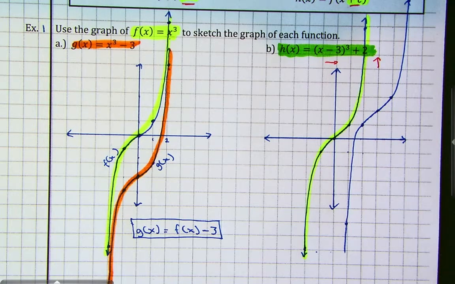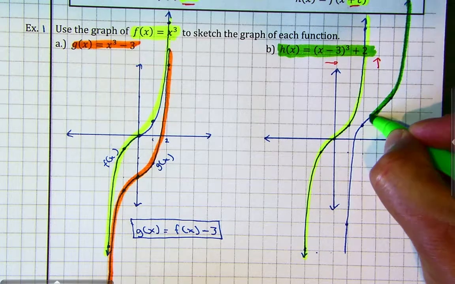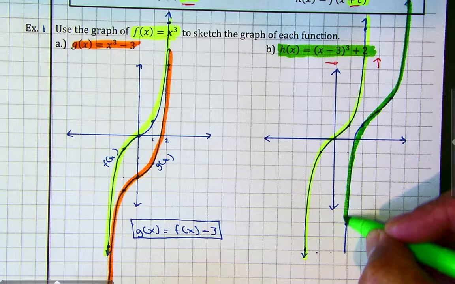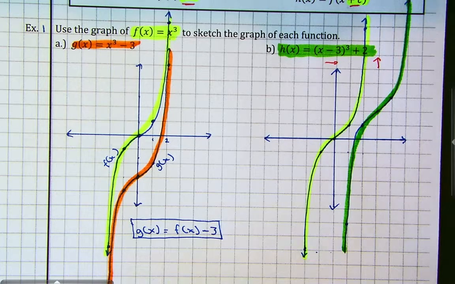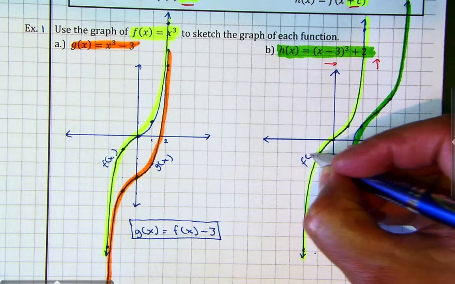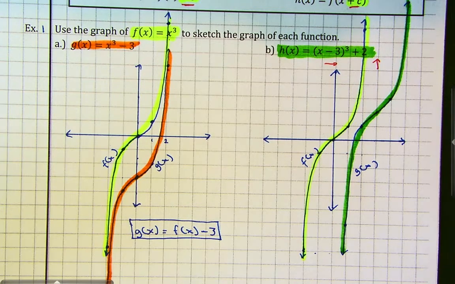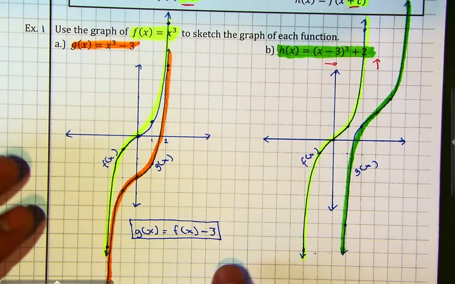And let me go and highlight it. In this case, I'm going to keep it as green. I'm all labeled, so this is my f of x function. This is my g of x function. And once again, we can rewrite h of x